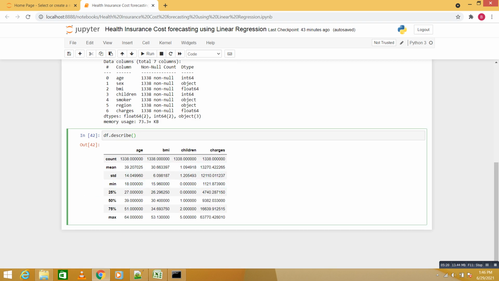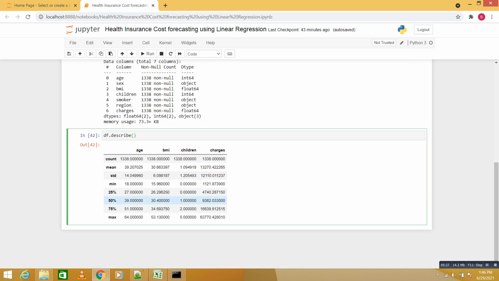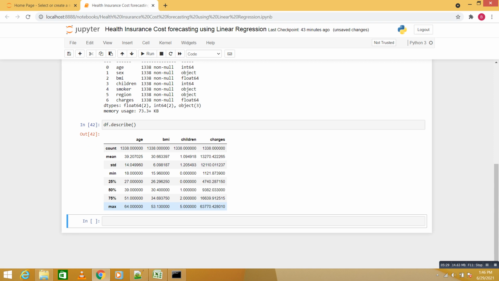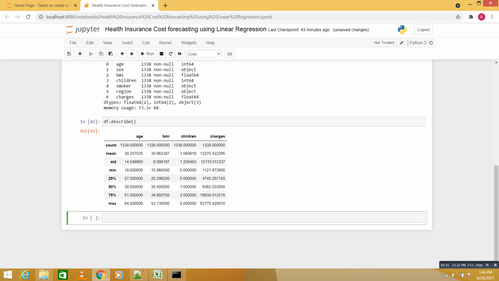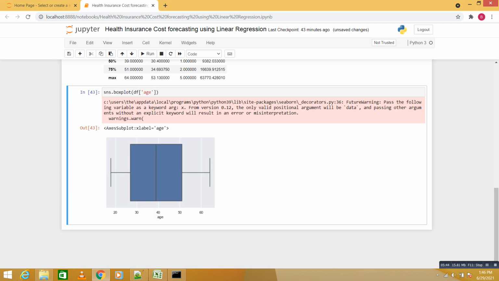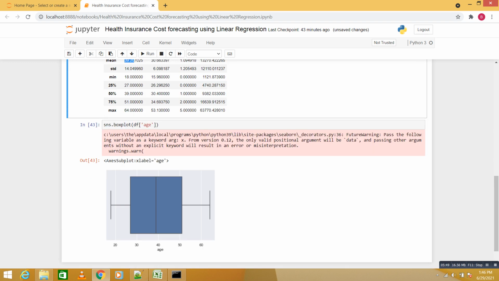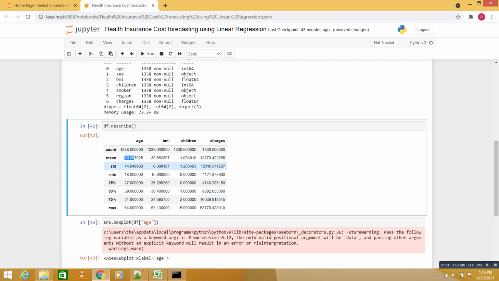Before we start, let's check for any outliers in the data. For that we use sns.boxplot. The boxplot shows whether there is any outlier in the data. The mean value is around 40, nearby 39.2.